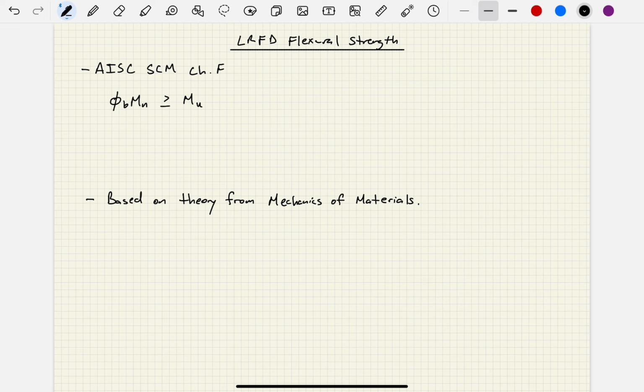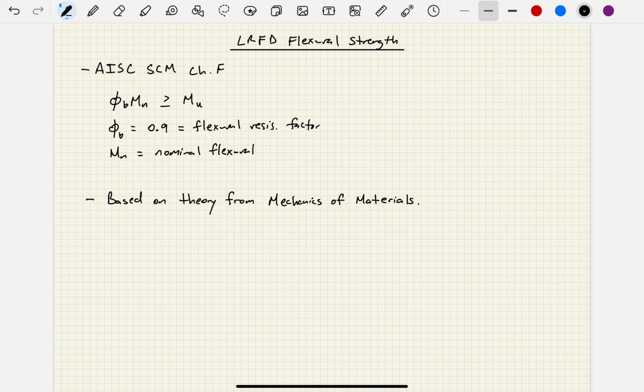Now, what do these terms refer to? Well, phi b is going to be equal to 0.9. This is our flexural resistance factor, okay? And then Mn is the nominal